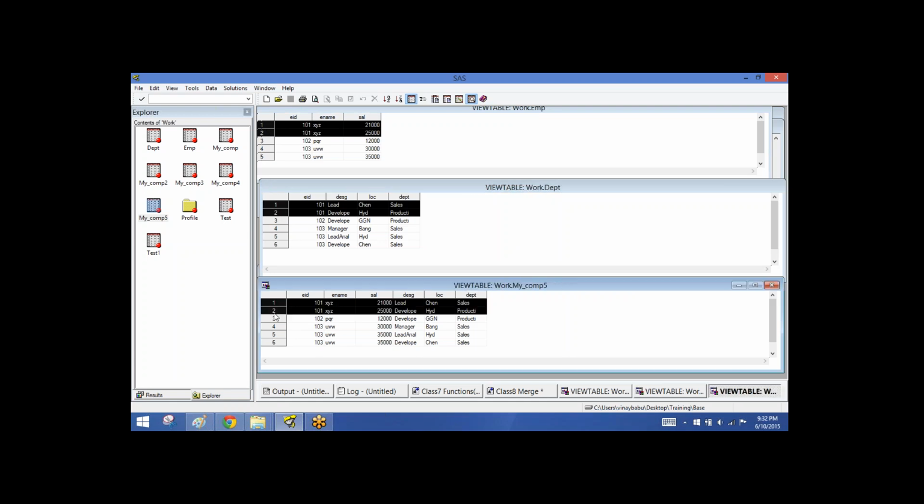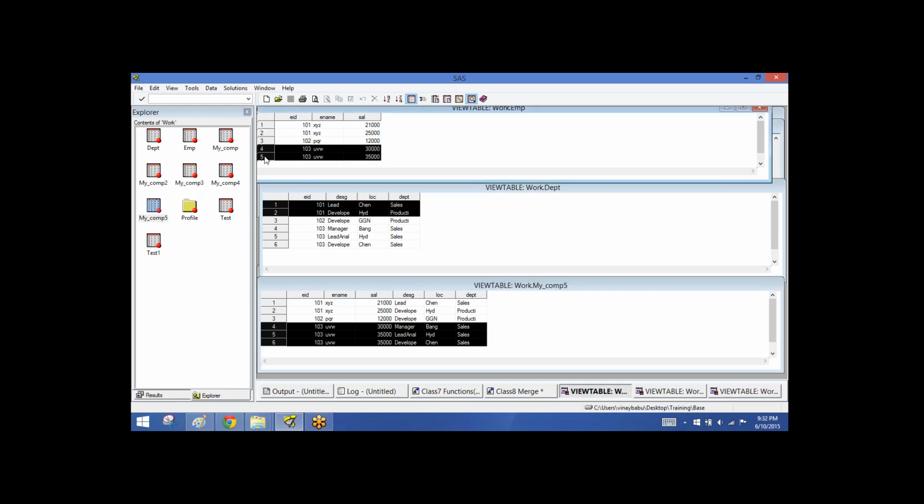If you see in the three data sets here, 101, 101, 101. Okay, the employee name assigned is correct, XYZ for 101 and XYZ. And when it comes to salary, one is 21,000, the other is 25,000. And the designation is lead for one observation and developer for the other. That's also good. Chennai and Hyderabad, that's also good. And in the department, sales and production. So 101 is mapped to 101. So 102 is mapped to 102. If we go to 103,